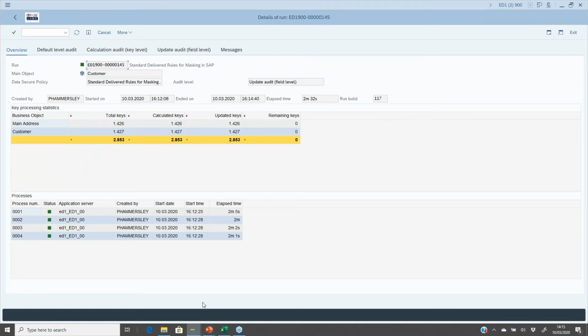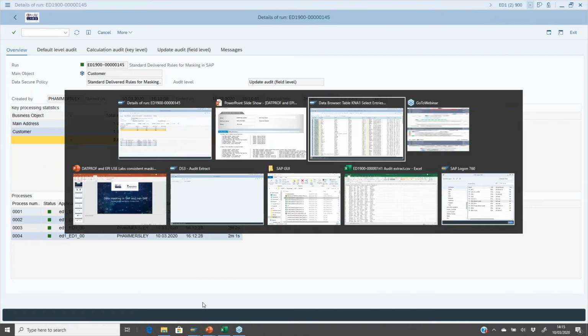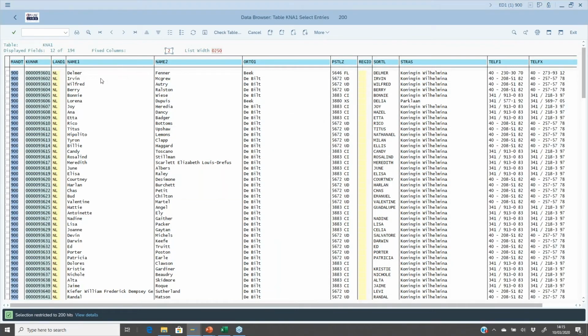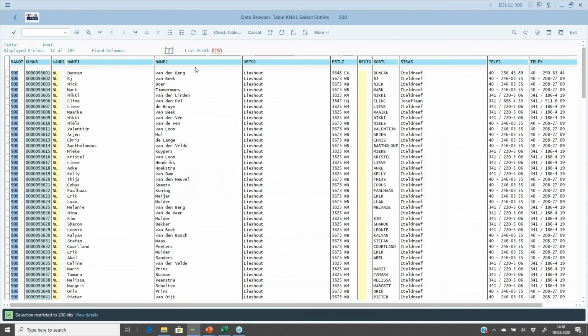But if we go to our table listing, we can see the data was previously examples like Delma Fenner. If I now refresh this, we can see this is now updated. So we've got different values for these names, and this is the information that we then want to share with